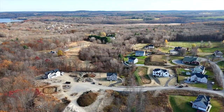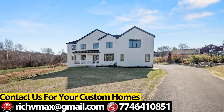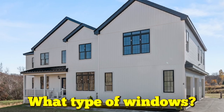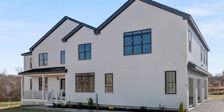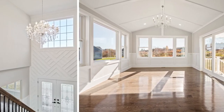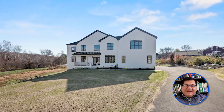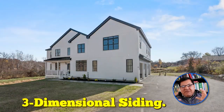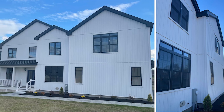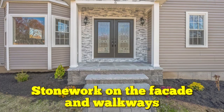Now, when you go in, you gotta really look at the front of the house, the exterior, what kind of exterior it has. The most important thing in the exterior is really windows. What kind of window rating you have, what type of windows these are, because that's really the longevity of your house. Is it a 20 year, 30 year, 40 year, 50 year rating, what kind of energy efficiency rating it has, and then of course the siding, because you will see I'm probably the only builder in the area using this 3-dimensional siding. Most builders use 2-dimensional smaller siding, and I'm using batten board as well. So there's a lot to say, and then of course some stone work and other work on the facade,